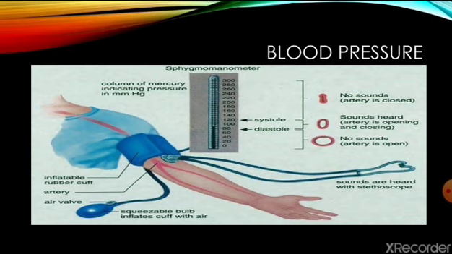Now, this blood pressure is measured using an instrument called the sphygmomanometer. This consists of a glass column which is measured in meters, and inside the glass column there is mercury. So that's why the unit of blood pressure is mm of Hg. Now, when the pressure of the blood entering the heart is more, you term it as high blood pressure or hypertension, whereas when the pressure is low,